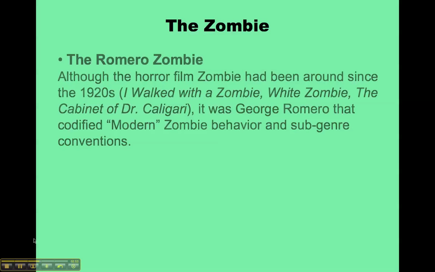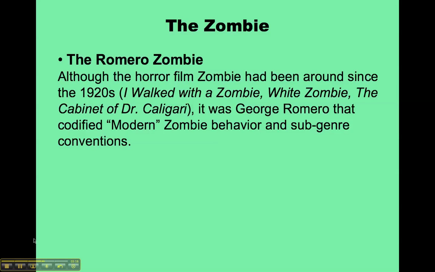Now, the film we're going to watch this week is a zombie film, so we want to talk about zombies, and in particular, Romero zombies, because when you folks think about zombie films, most of the rules you have that go along with it come from the George A. Romero zombies. Although, actually, in more recent times, we've started making them do some things that the Romero zombies never would. But that's kind of an aside.